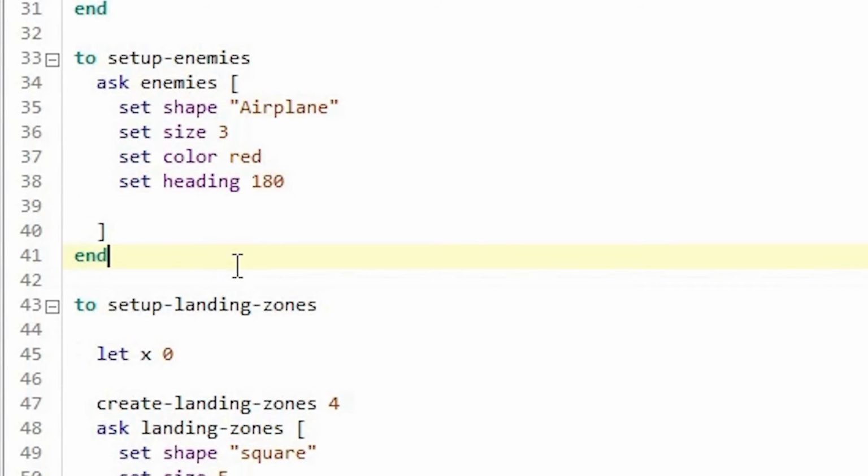Make sure at the end of each procedure it should start with 2 and it should not have a bracket here. Earlier I made a mistake by adding a bracket, but make sure you don't have any brackets here, and at the end it's ending with n, not with a bracket. So this bracket is specific to this ask enemies code portion, and for the procedures, you don't need to have any brackets.